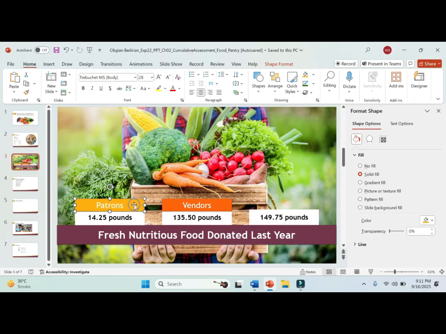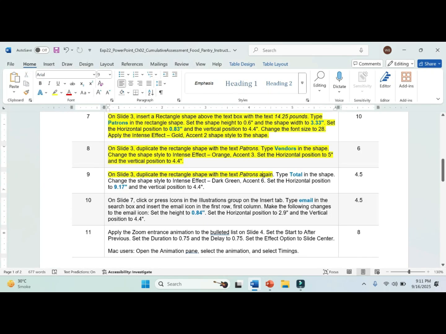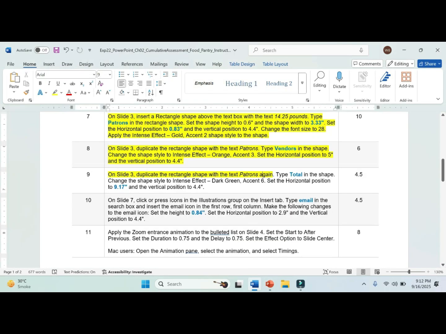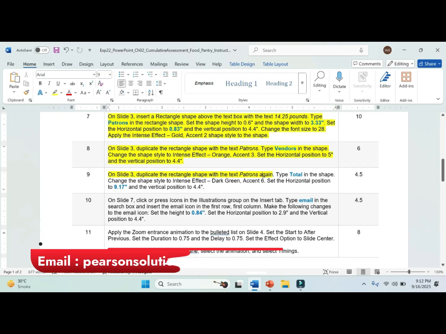So you will press Ctrl D and then just drag it here. There we go. And type Total in the shape. We have just typed Total here. And what we will do next is change the shape style